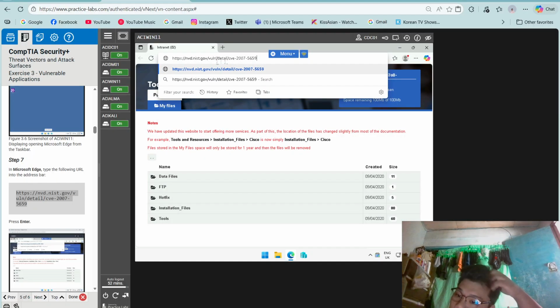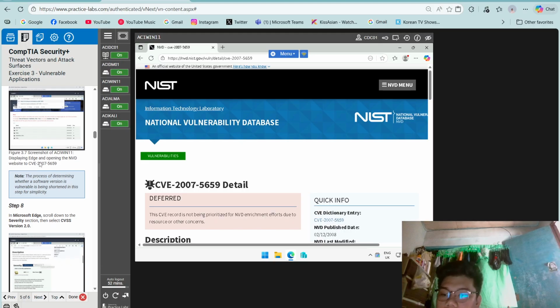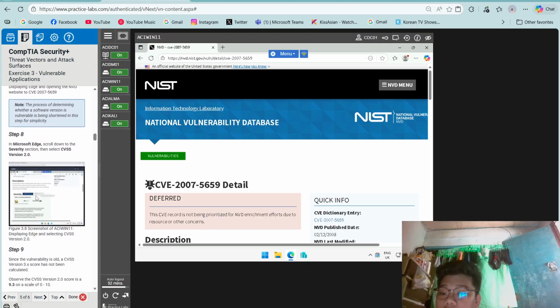It is https://nvd.nist.gov/vuln/detail/cve-2007-5659. Then hit enter. Note, the process of determining whether a software version is vulnerable is being shortened in this step for simplicity.